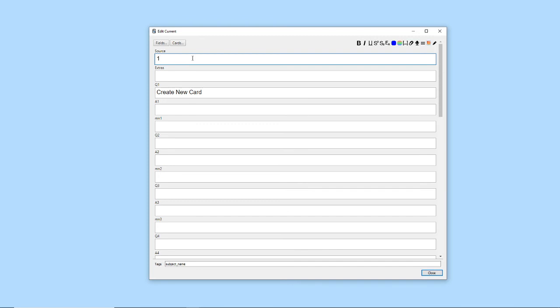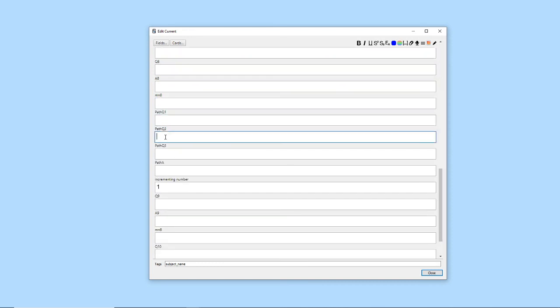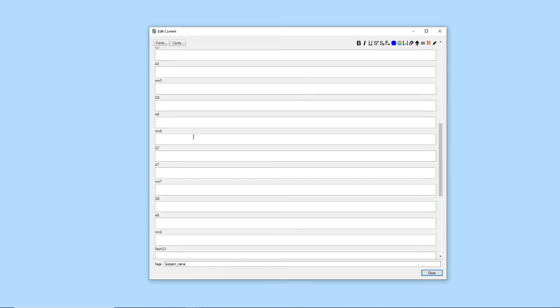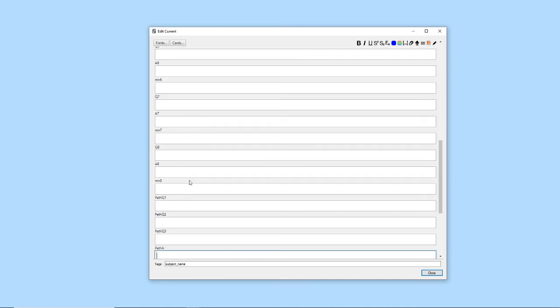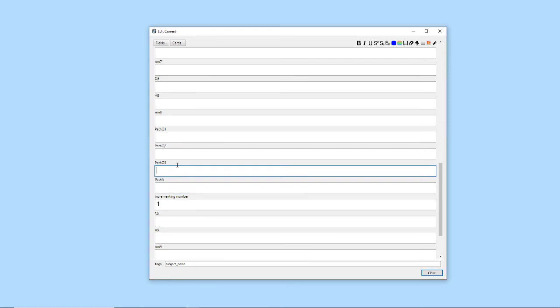So I use two fields. This is a note type that generates multiple questions from one note, and the first two fields are shared for all the cards, and then each question, answer, and mnemonic field can generate a new, separate card. And then there's a special card field, which has one answer and 3 questions, and all these questions point to the same answer. And I also have this incrementing number. Anyway,